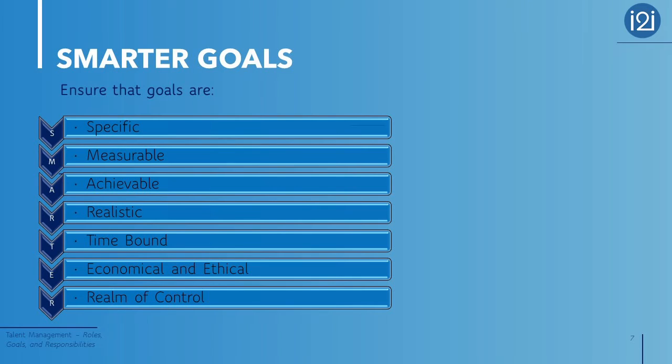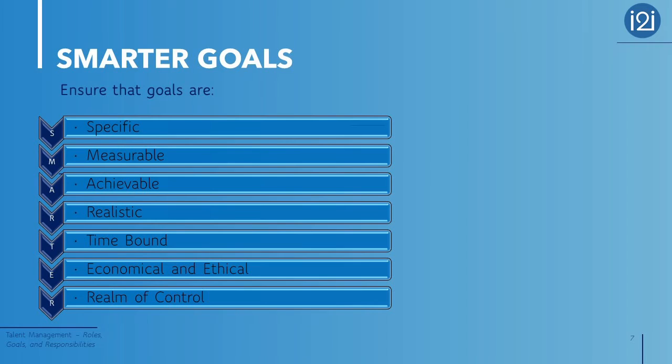E stands for economical and ethical. Obviously, you have to have the budget approved before you go forward with any project. And is it a good use of any effort? Economical could refer to energy, time, money, or the employee's focus. And obviously, it goes without saying that you cannot compromise your ethics. E could also stand for engaging, because we have to involve the employee in all of our decisions and setting goals.